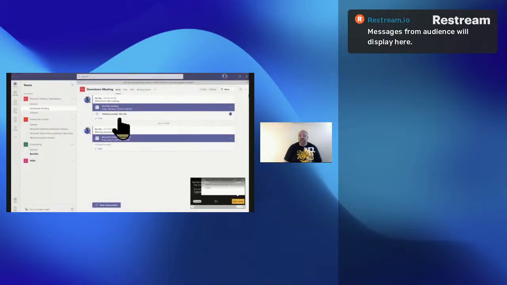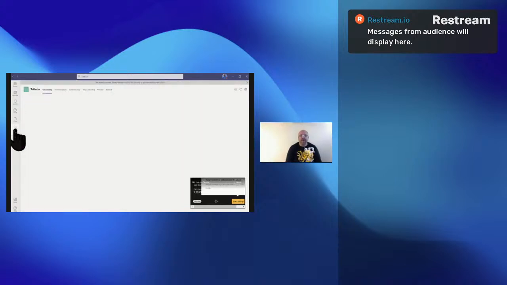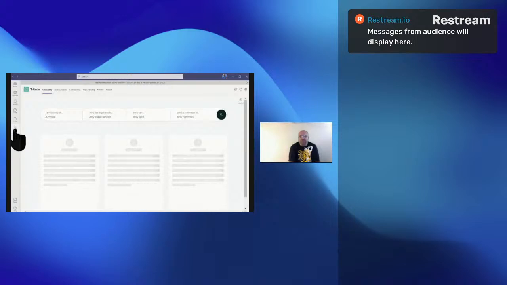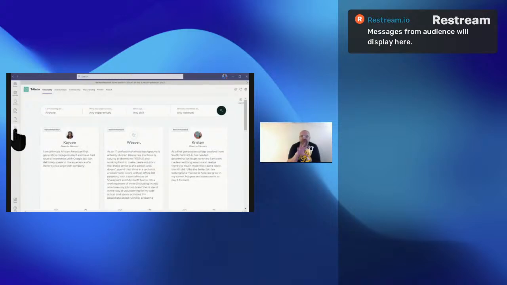So today we've looked at different ways we could go live with live events. We've taken a look at adding in applications and some of the administrative changes that we can make on Microsoft Teams if we have the administrator functions. And we looked a bit at the Tribute app, which is now available right from within the Microsoft Teams application.